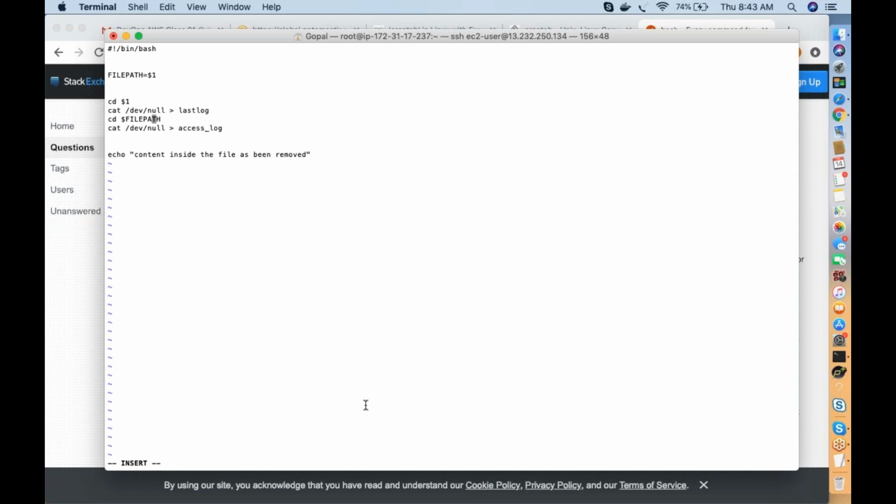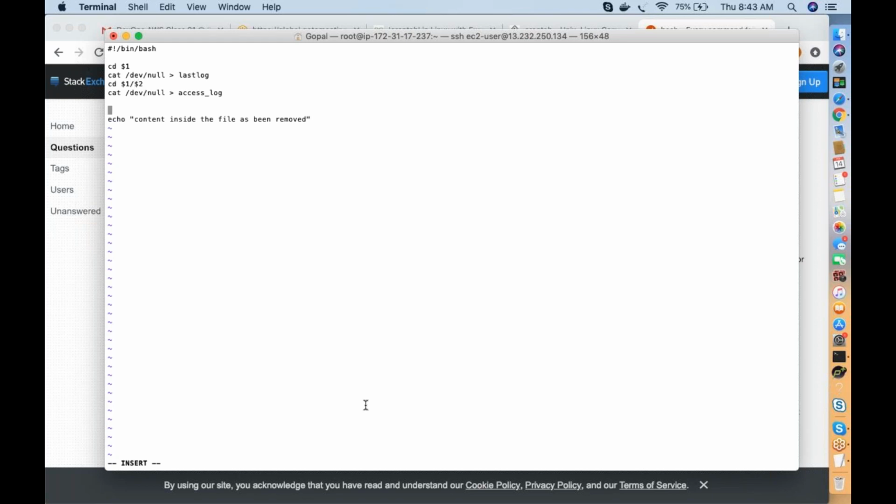So where is the access log? I'll use file path, and here I'll put $2. Otherwise we'll put it here only, why get so confused? $2. Let's remove this. So during the runtime, the log file is in some path, and $2 is present in some path. Let's put it like this: $1 slash $2.